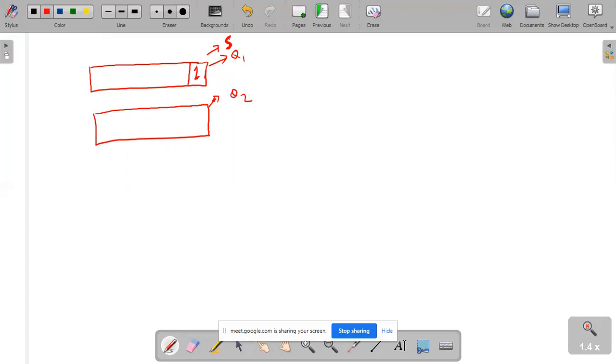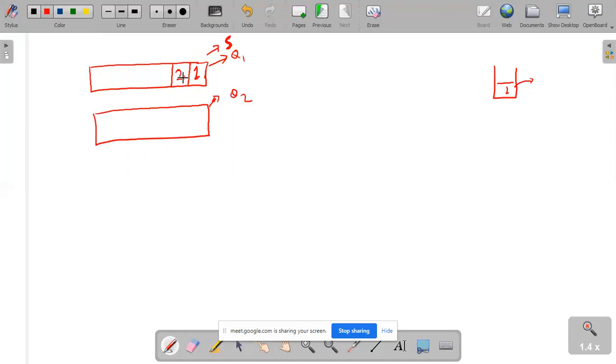If there is one element in the stack, it's fine, you can pop it. Here in the queue also, if it is one element, then you can pop it. Again, suppose 2 comes. If 2 comes, what will happen? We cannot pop 2, right?